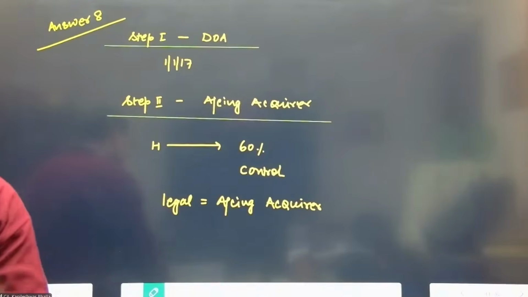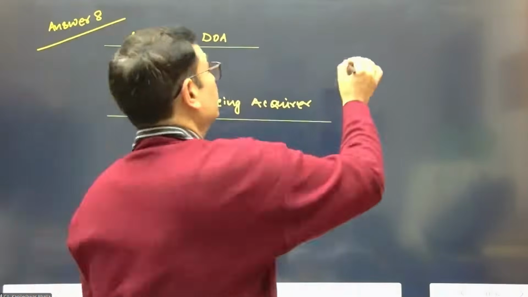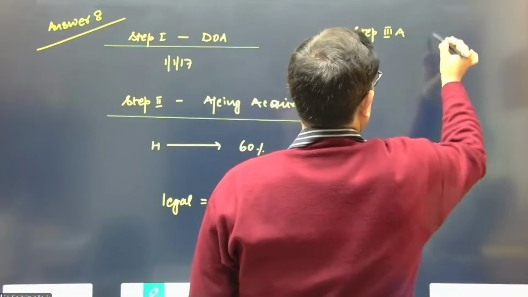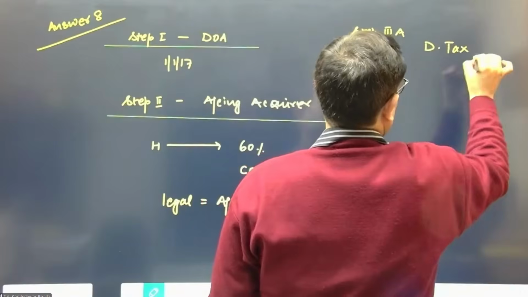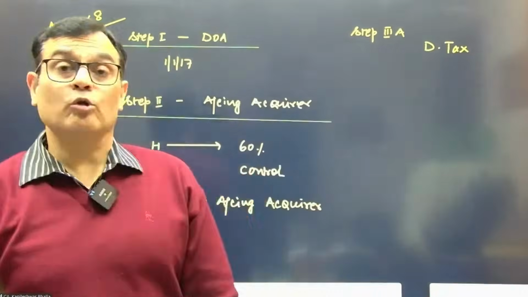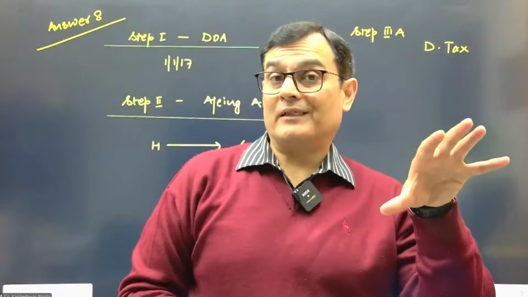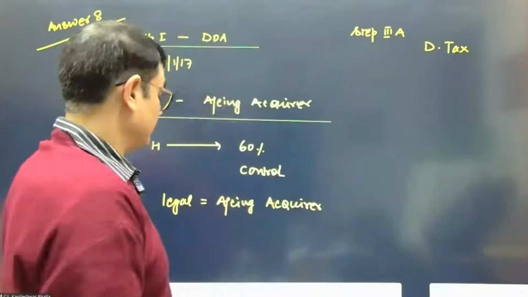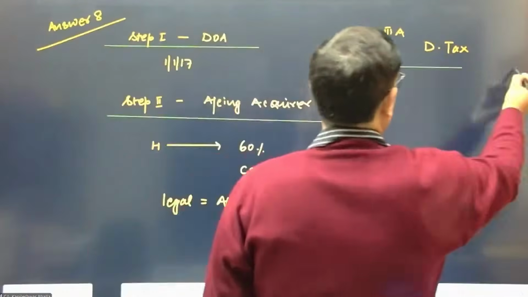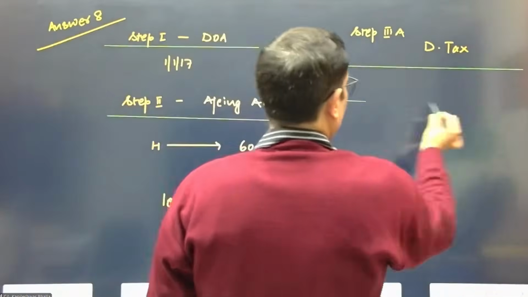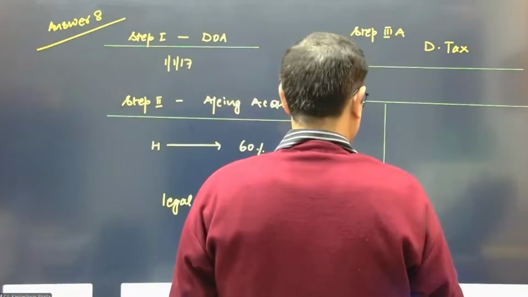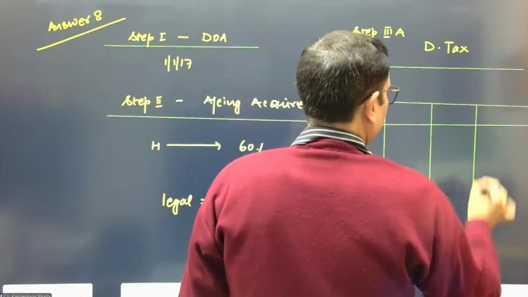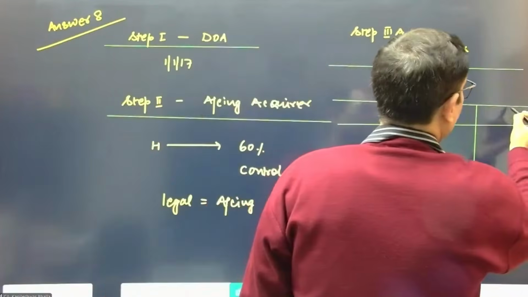Okay, now let's go on to step number 3A. So first we need to calculate the implications of the deferred tax. So we'll organize all those assets and liabilities whose book value, or you can say the fair value, is different as compared to the tax base. So let's create a chart. We'll make a small chart picking up the items, considering the carrying amount or the fair value. And I think we need a little space for taxable and deductible.